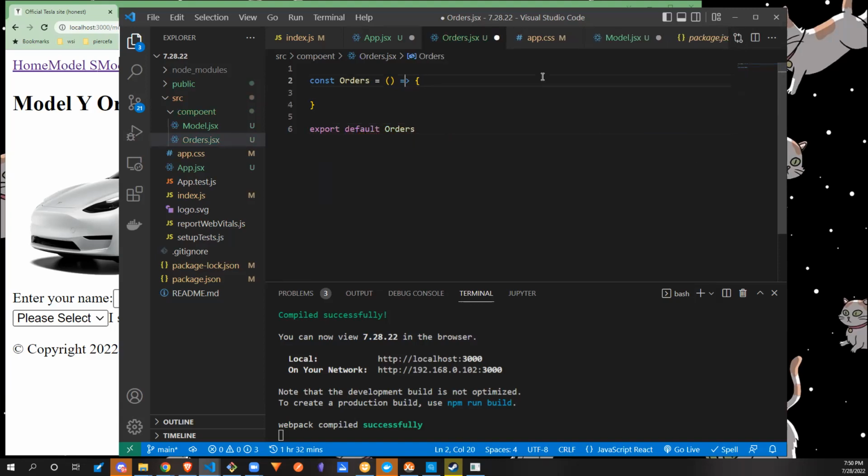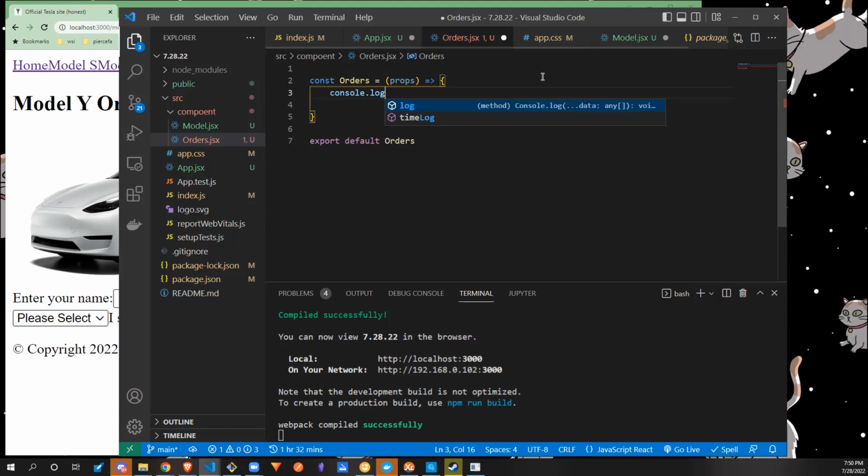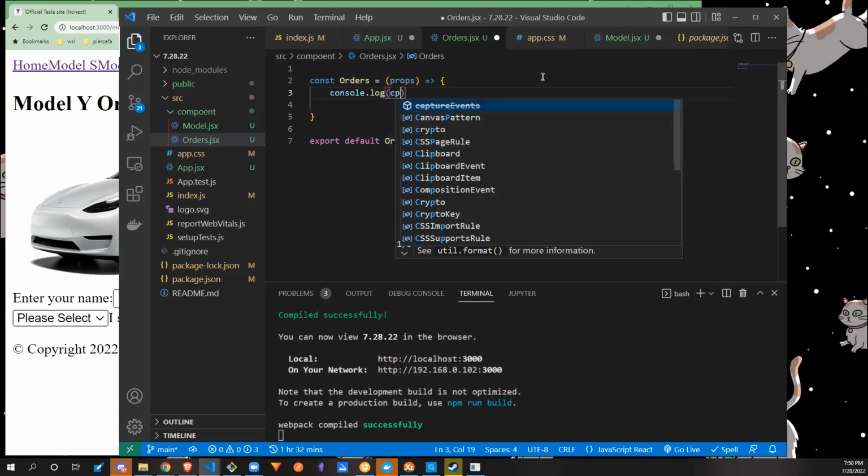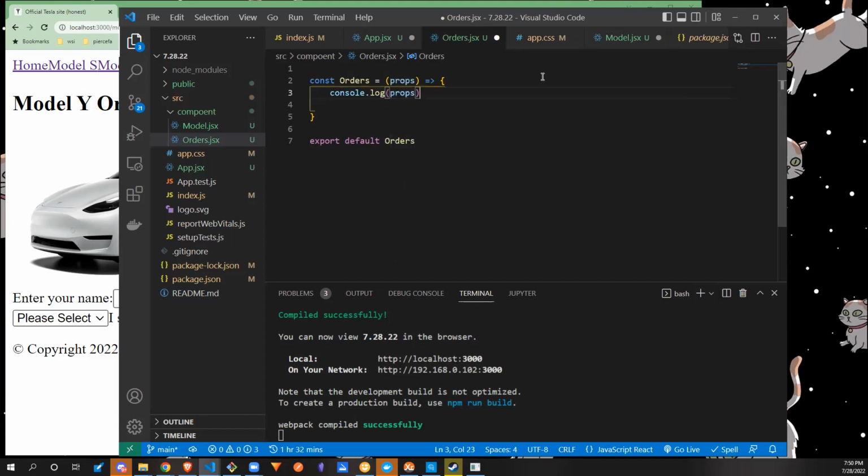And then we're going to take props because we definitely will be passing down props. Going to console log my props because I want to know what I'm passing into this. I'm not going to assume that I did it right until I'm done with it, and then I can delete that. We're going to return some JSX,